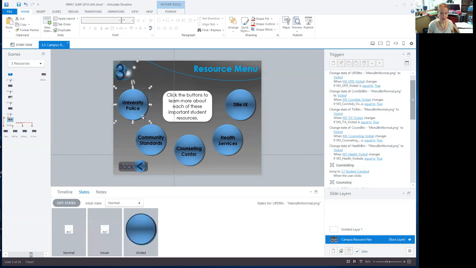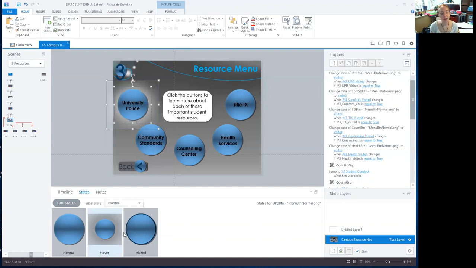So I'm just going to quickly ungroup that so that we can look at just this image right here. And these are graphics that I actually built in another program and I imported in. So I created in that program 3 different images. I created a normal, I created a different image so that when the mouse or the cursor is over this image, when a student or an end user is looking at the program, it does a little bit of something